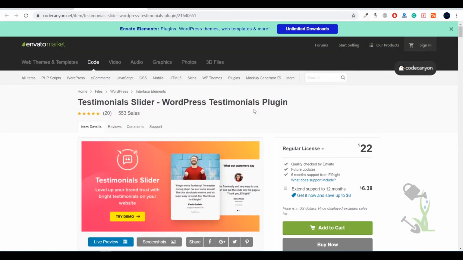Okay, so first of all you need to buy this plugin. I'm assuming that you have already bought this plugin and it is up and running on your system, right? So I have already bought it and it is on my system, so I will just install this particular plugin on my website. Okay, so coming back to my website,